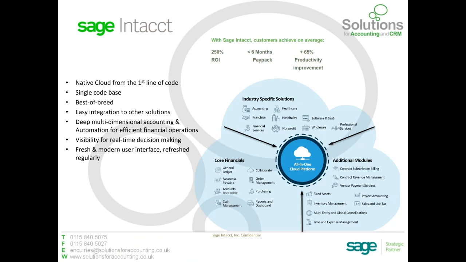There's a single code base which is shared across the whole platform worldwide now, and that is updated 4 times a year. So one of the many advantages to cloud computing is, of course, maintenance of the system is taken out of your hands. There's nothing you have to worry about. There are 4 updates a year, offering constantly new features and improvements to the system, and that is rolled out by Intacct. You don't have to do anything. It's done on a Friday night and the systems are down for the matter of about half an hour while that is taken care of.